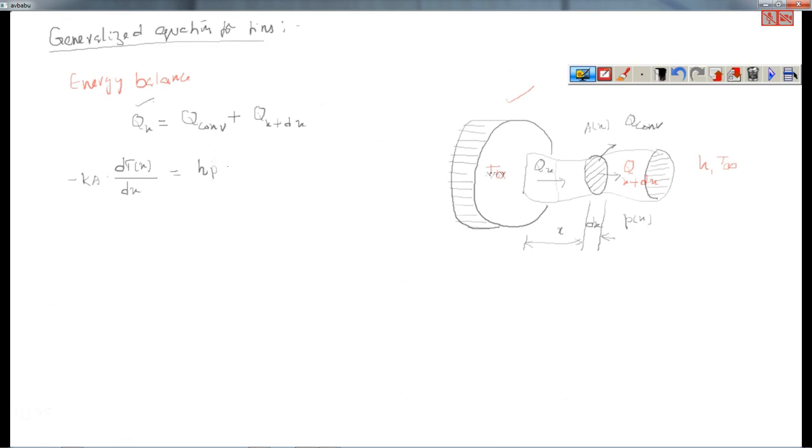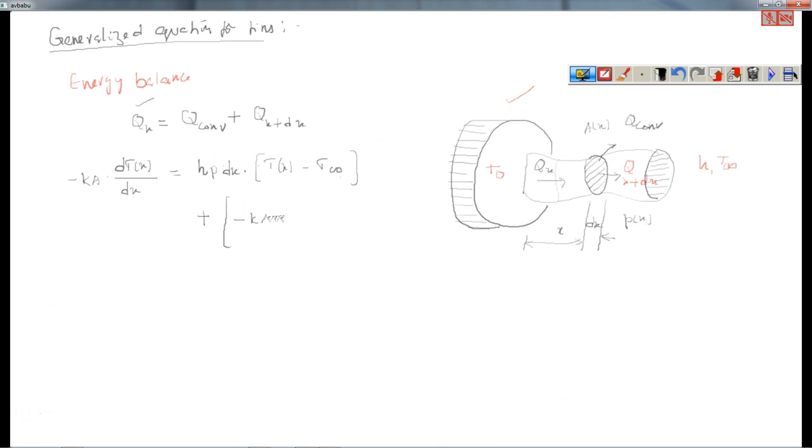perimeter px. This is already mentioned, perimeter px into dx into the temperature difference, which is nothing but, I am considering here the temperature at this point is T, therefore Tx minus T infinity, right, plus Qx plus dx is nothing but